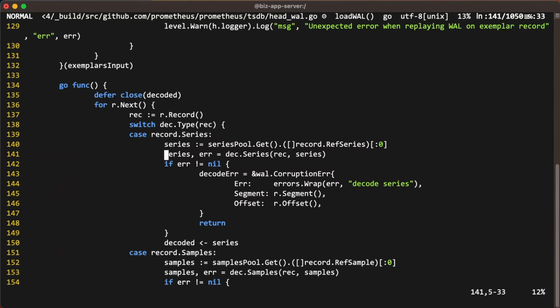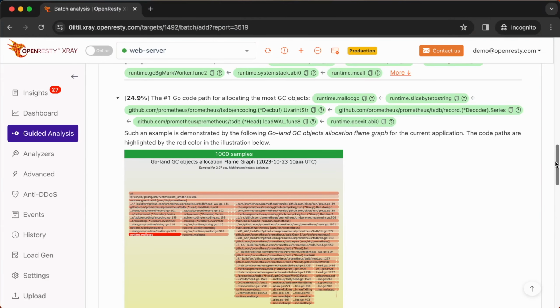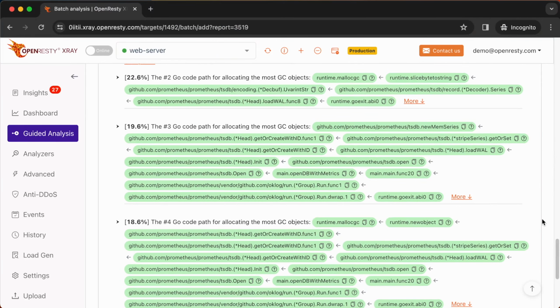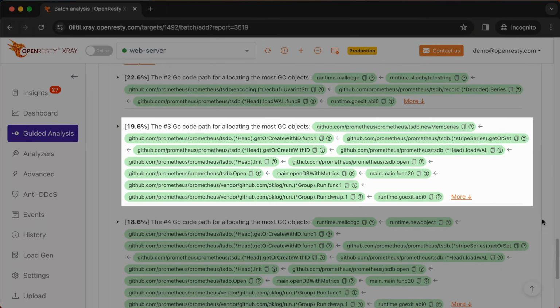Go to line 141, as OpenResty X-Ray suggested. The function dec.series is to decode a set of time series from a record. On the status bar, you can see that this source line is inside the load_WAL function as shown in the report. The TSDB of Prometheus creates a memory series to manage the most recent data.